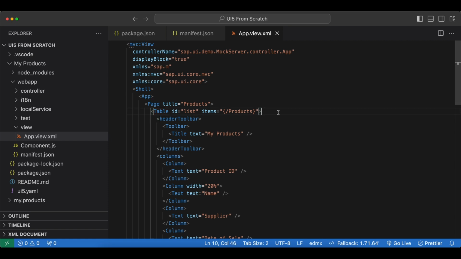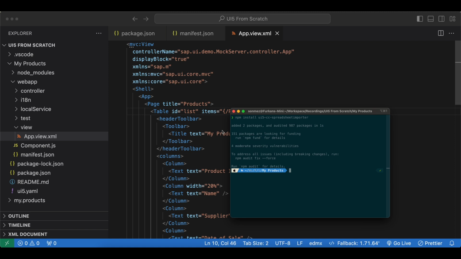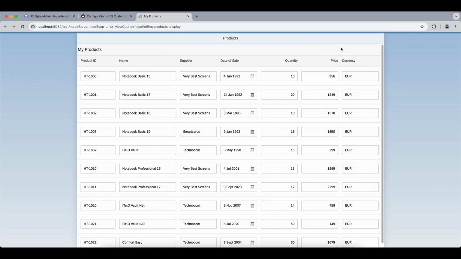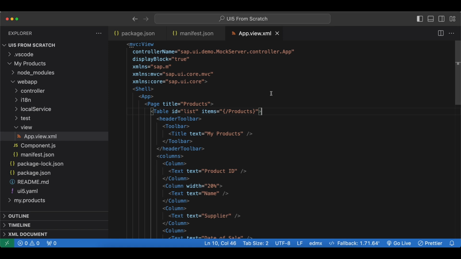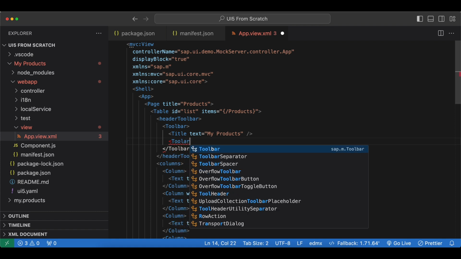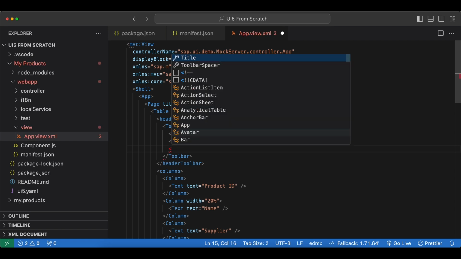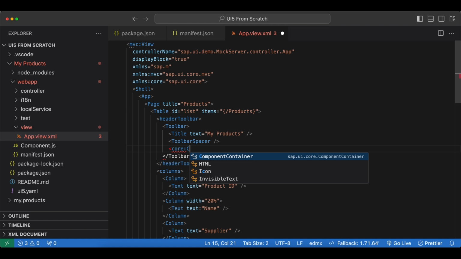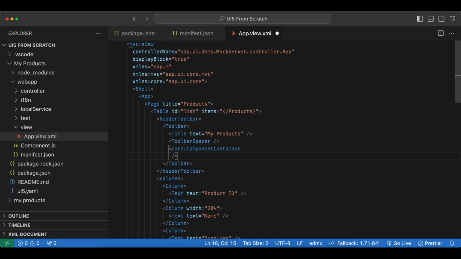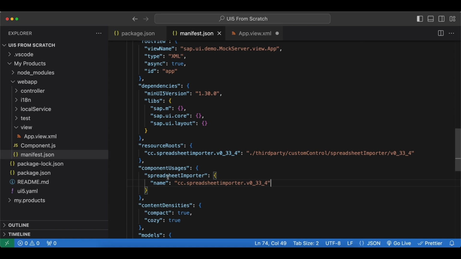It just has this table. And if we start our application with npm start, I want to add a button which will come from our component usage to here next to our title. So let's go to our view, and inside our toolbar after the title, let's first add a toolbar spacer. And next we will add our component usage. So we create a core component container. And the first property we need is the usage, name of our component usage. Let's copy it from manifest.json, which is this one,